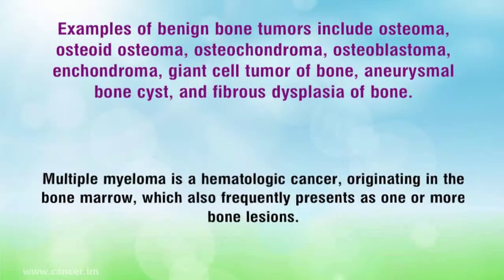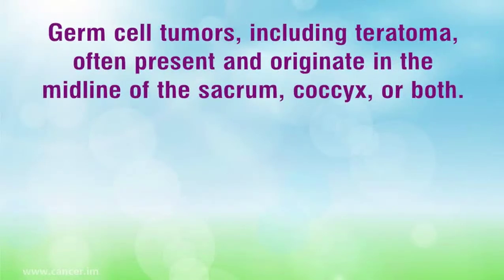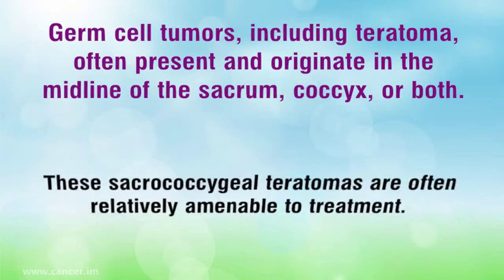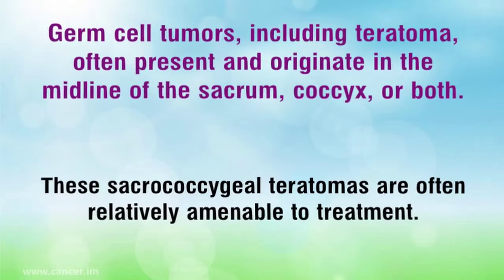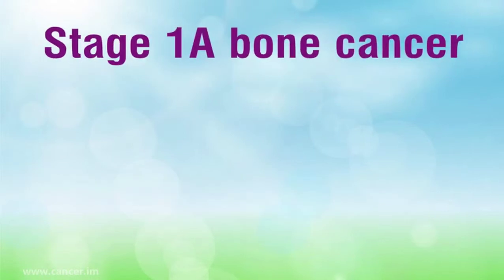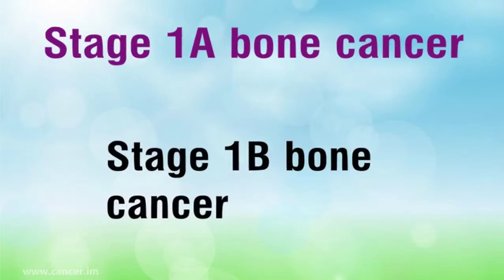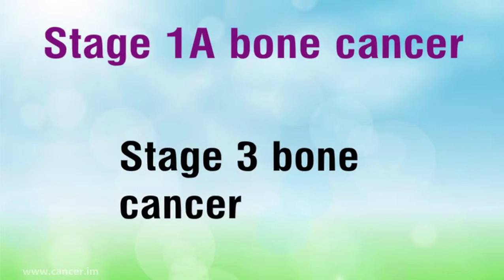Multiple myeloma is a hematologic cancer, originating in the bone marrow, which also frequently presents as one or more bone lesions. Germ cell tumors, including teratoma, often present and originate in the midline of the sacrum, coccyx, or both. These sacrococcygeal teratomas are often relatively amenable to treatment. Stage 1A bone cancer, Stage 1B bone cancer, Stage 2A bone cancer, Stage 2B bone cancer, Stage 3 bone cancer,